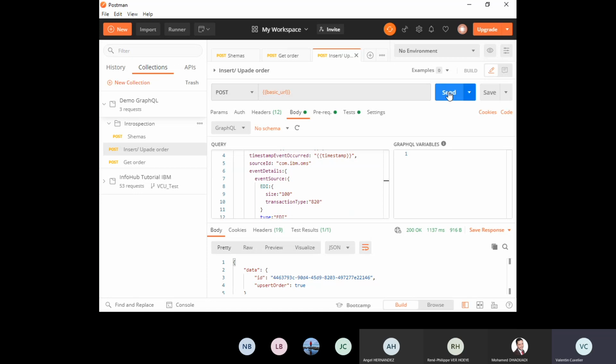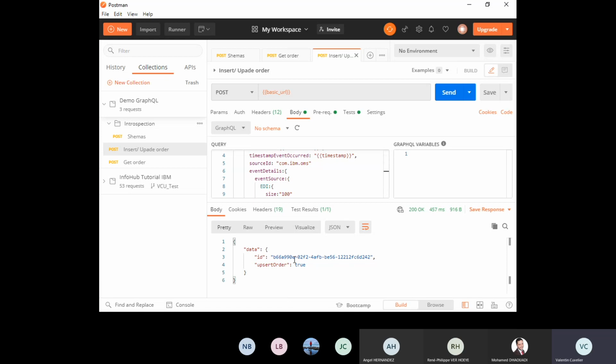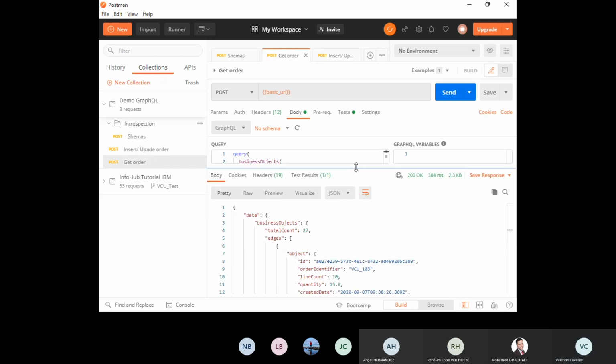So we create it. Here the response of the API just says, okay, you inserted an order, and we have an ID. It is not the object ID here, but a row ID. In this example, it is really specific to the API and not to GraphQL.